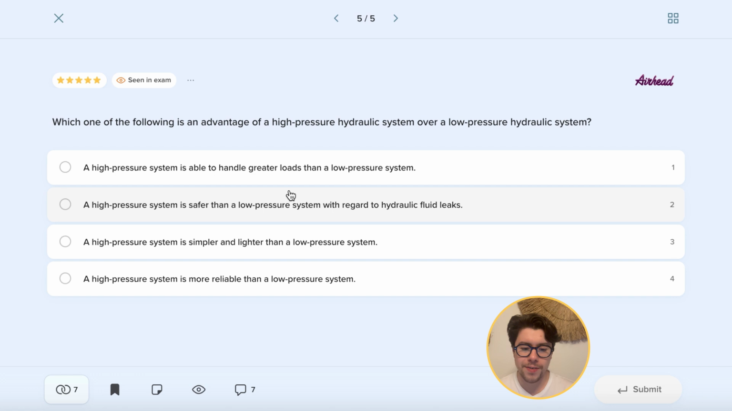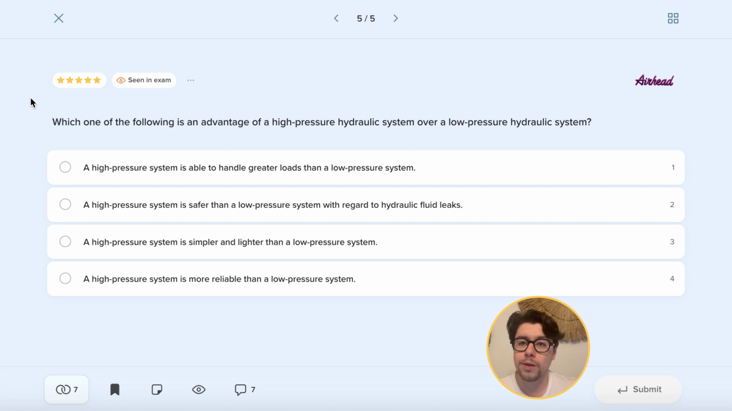And for question number 5, the last one for today: which of the following is an advantage of a high pressure hydraulic system over a low pressure hydraulic system? So here for your exams, remember that most of the CAT aircraft will have their hydraulic systems pressurized to around 3000 psi. So 3000 will be more or less a benchmark for modern CAT aircraft. And of course, some aircraft will be pressurized to higher pressures, and the main advantage of these will be that